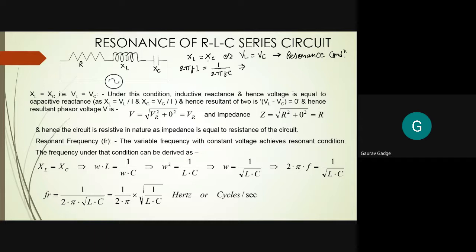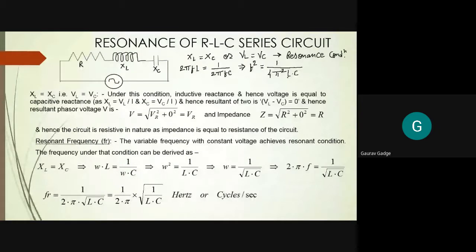Now, when we have this condition called the resonance condition, we can get the equation. I take this small f on the left-hand side and 2π into L on the right-hand side. By cross multiplication, what I get is f square. This small f square can be written as, just check, 2 multiplied by 2 gives 4, π multiplied by π gives π square, and L multiplied by C gives L into C. So ultimately f square is equal to 1 upon 4π square LC.